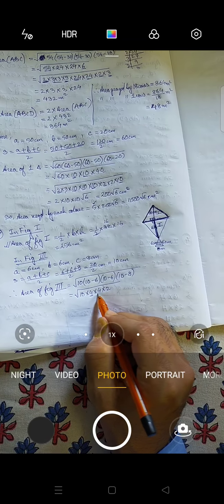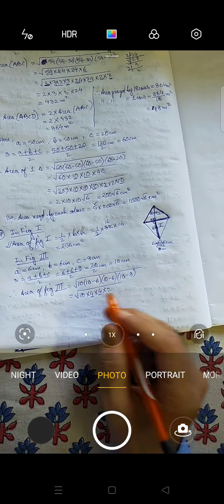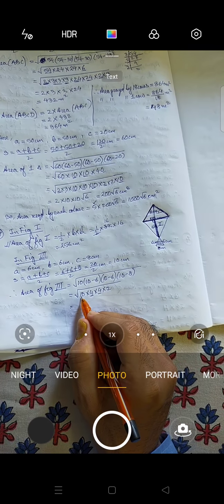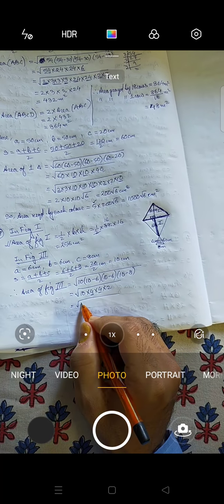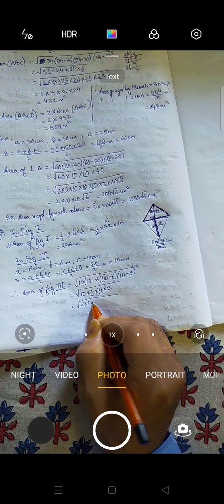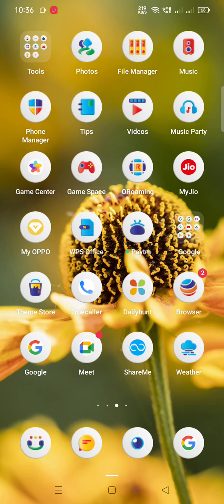Now these 4 are in pair, so no need to take the prime factorization. This 10 I can take as 2 into 5, so there is a 2, we will be getting something common. So we can write 2 into 5 into 4 into 4 into 2. Now this 2 and this 2 have common, this 4 and this 4 have common. So we are having root 5 under. Okay. Now this will become 8 root 5.